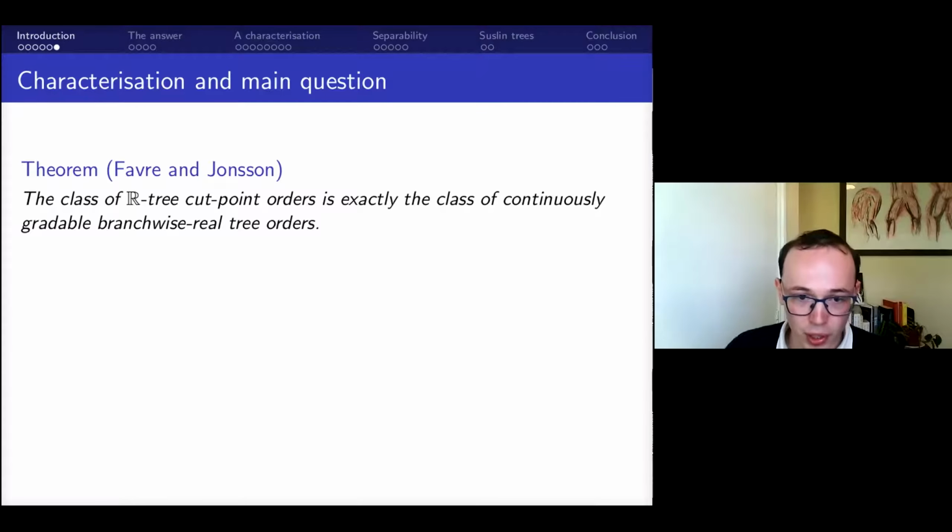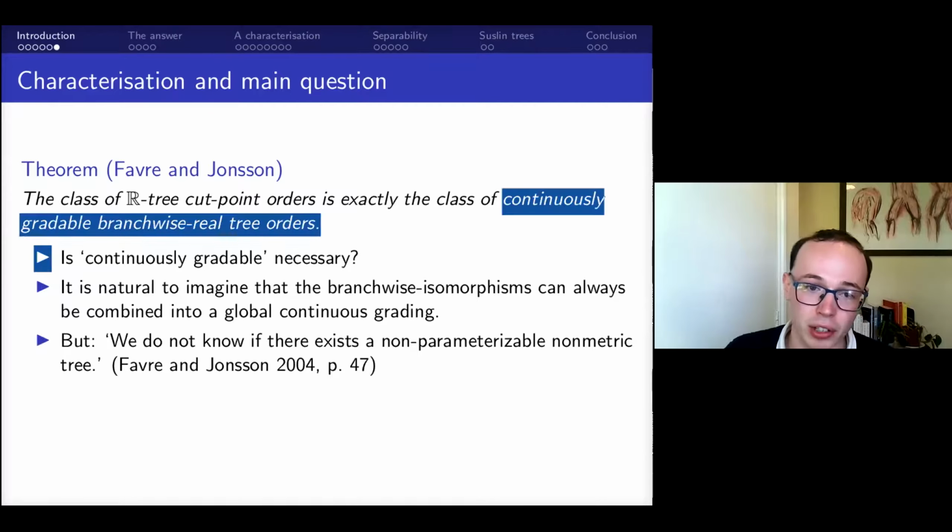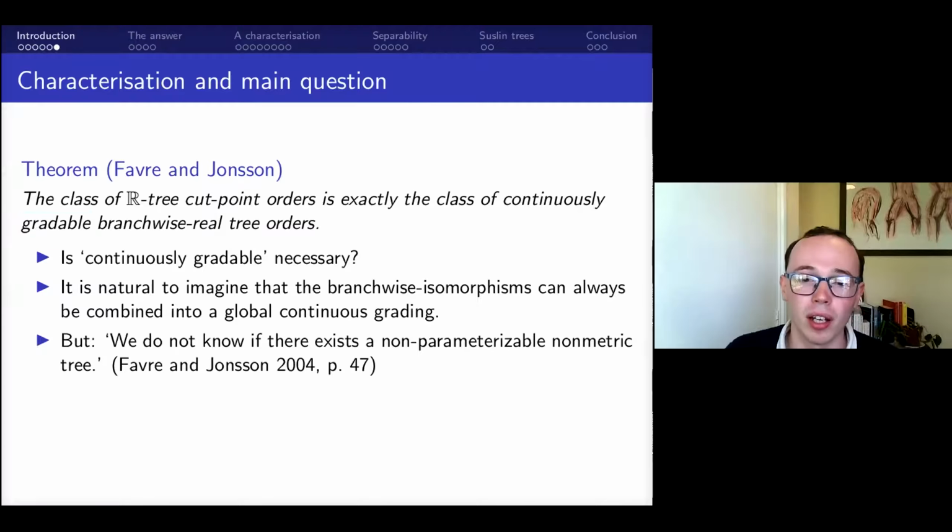Okay, so I'm not going to prove this, but I'm going to use this as a starting point to ask the question, because one might wonder, is this adjective continuously gradable necessary in this characterization? One might imagine that because every branchwise-real tree order has every branch order isomorphic to a real interval, that somehow these order isomorphisms can be glued together in a continuous way, in a consistent way to produce a global continuous